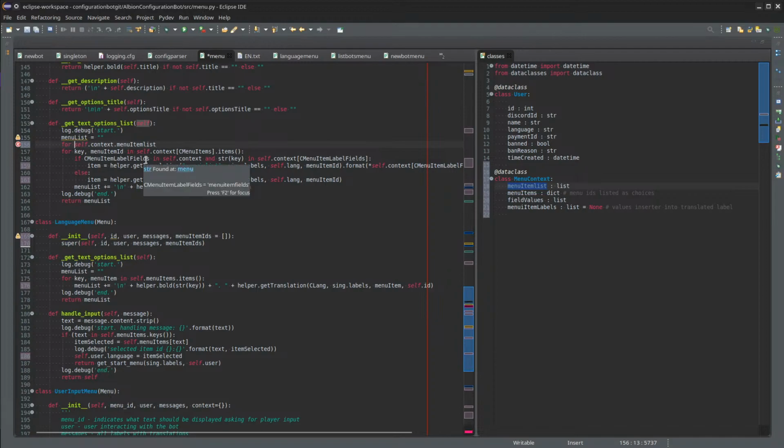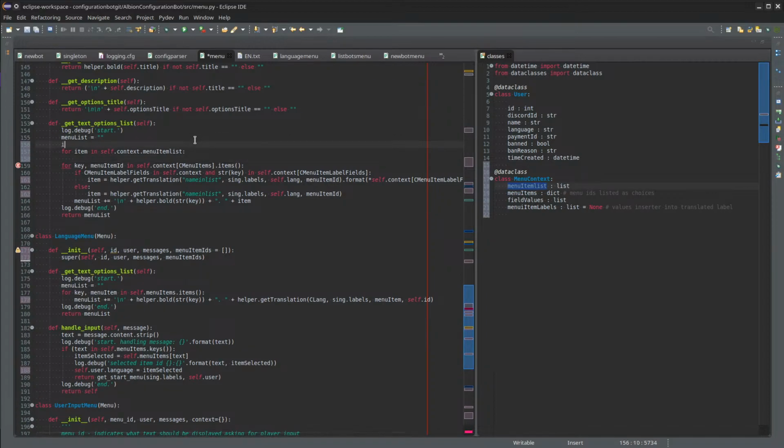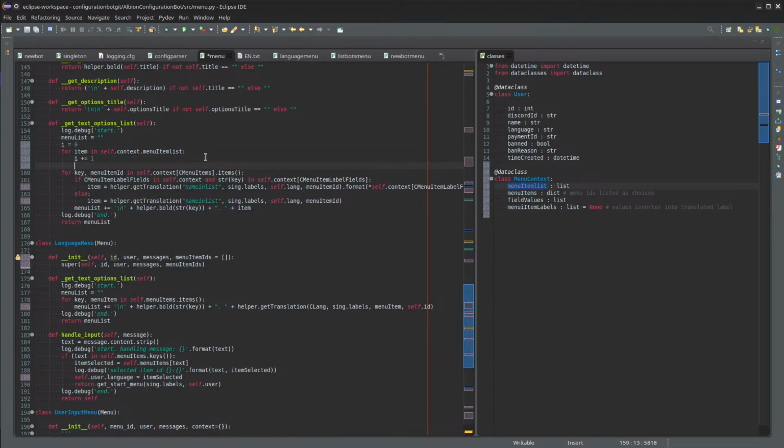Now for item in menu items list, so you get a list. I guess I have to have an iterator that gets increased by 1 with each cycle, and what it does